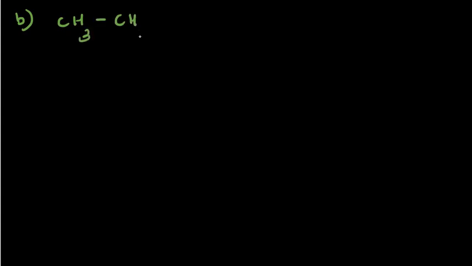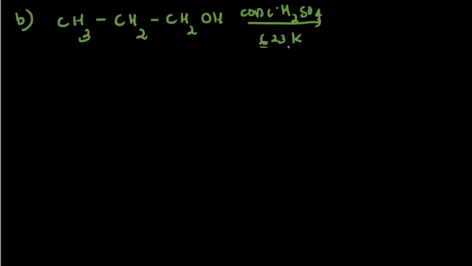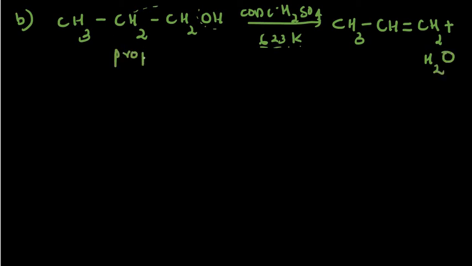Now let us take one more example for the dehydration of alcohols. Let us take propanol. In this case also, the reaction takes place in the presence of concentrated H2SO4 at a very high temperature, let the temperature be 623 Kelvin. The only thing is that the temperature should be very high. Again, a molecule of water and a hydrogen will be removed, and thus we will be getting propene, plus, since it is a dehydration, a molecule of water. So this is our propanol, which on reaction gives propene.